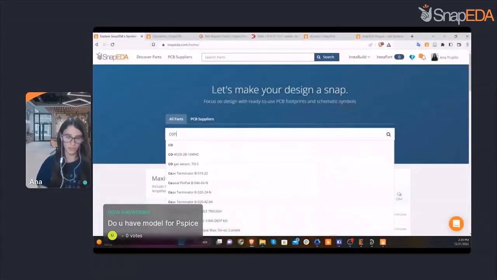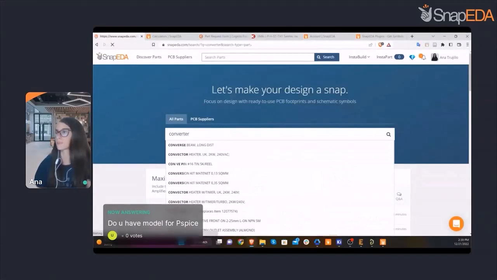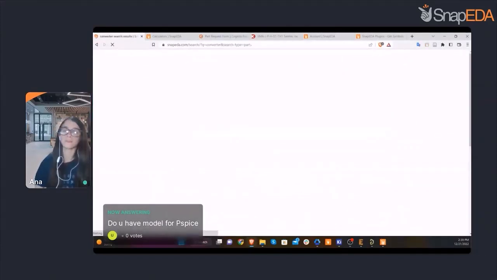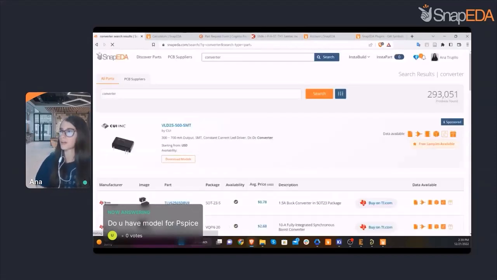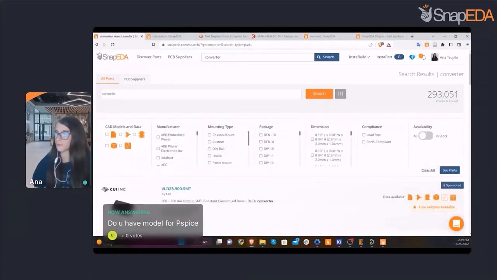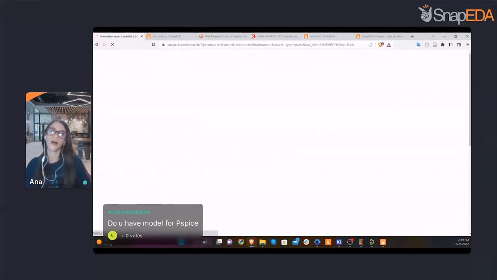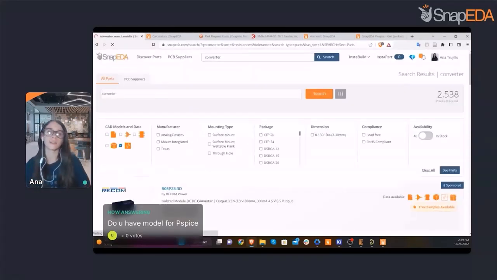So if you search for a converter, like we were talking about at the beginning, then after you search, once it's finished loading, you can click on the filters, parts with simulation models. So let's come here, and then you can click this icon here. You just click and see parts, and this will show you all the parts that have simulation models. It will depend, honestly, on the manufacturer.